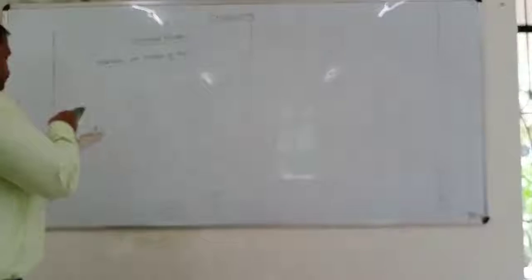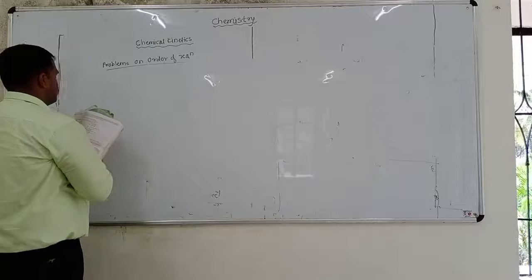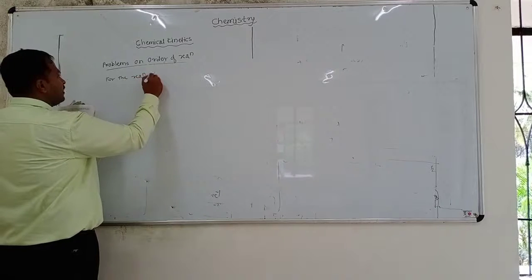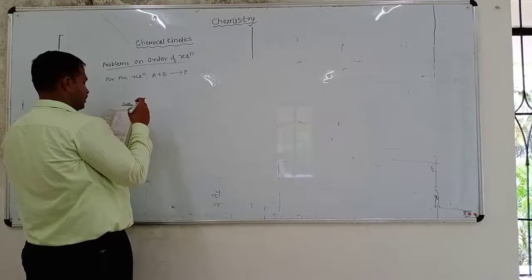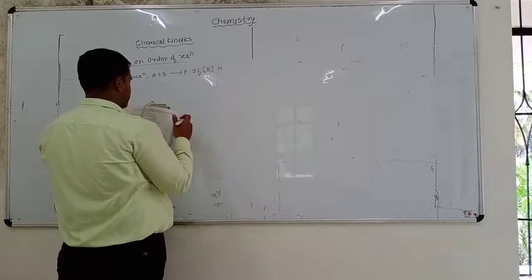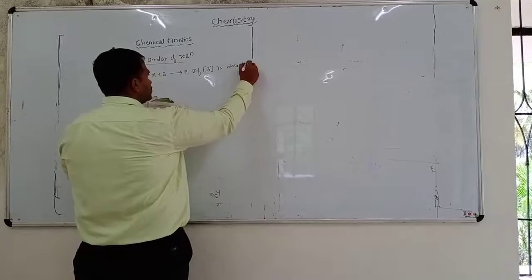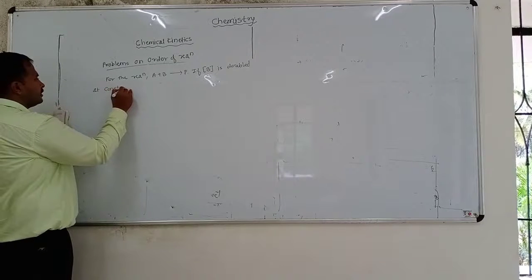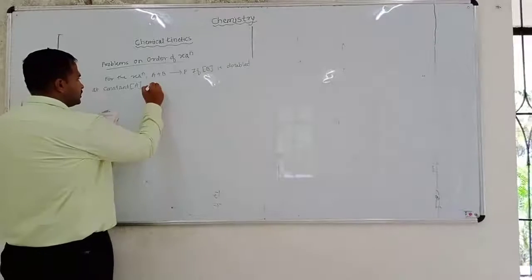Problem number 6. For the reaction A plus B gives product P, if concentration of B is doubled at constant concentration of A, the rate of reaction doubles,